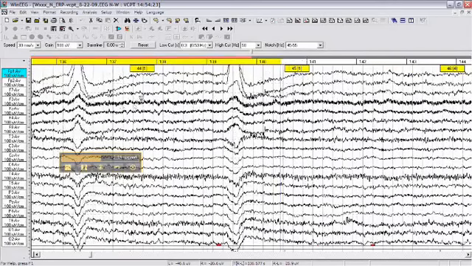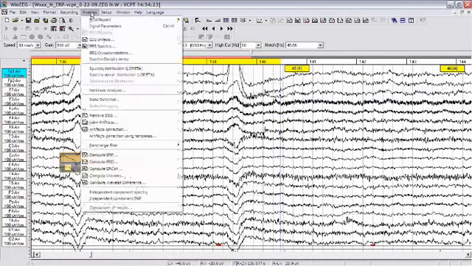So you click the artifact correction menu, or simply go to analysis, and in analysis you select artifact correction